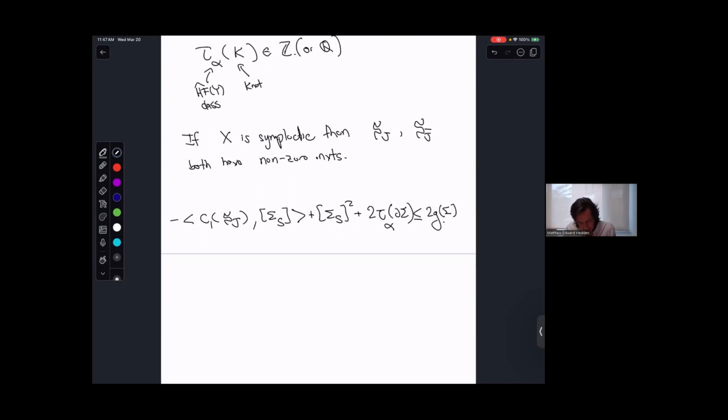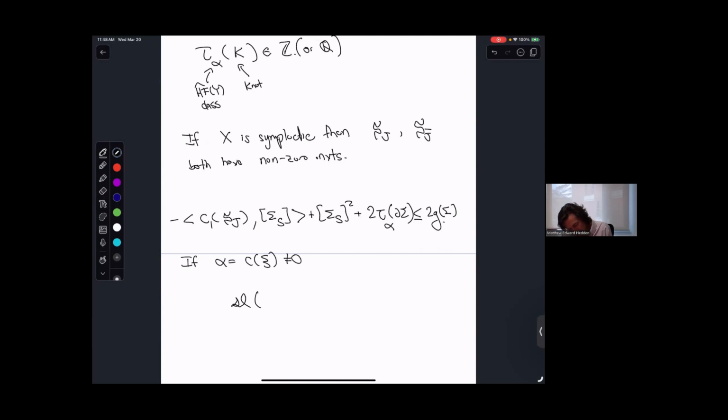Right. So this is the relative adjunction inequality. I had introduced these generalized tau alpha invariants some years before Catherine and I sorted out all of the relative adjunction inequalities. The purpose there was this interesting bound: if alpha is the contact class associated to a contact structure, and this is non-zero, then I had proved an inequality which was really inspired by Olga